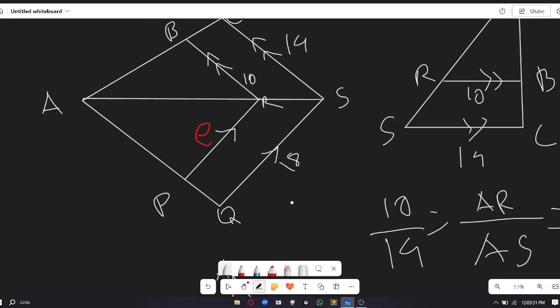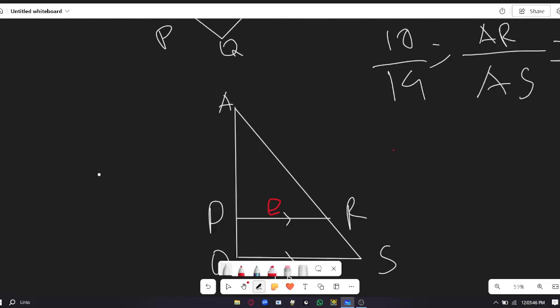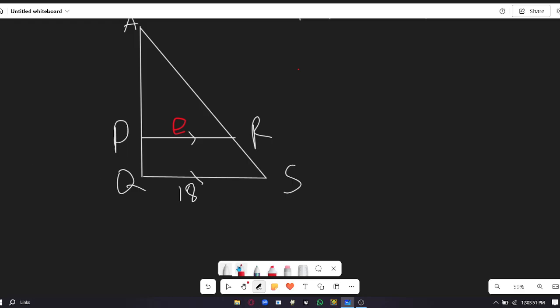Okay. So let's do this. So this E value we don't know. This 18 value we do know. Oh, let's just do this thing. Let's keep this in the same format as well. So small with big. You have it here, right? So the E is divided by 18. This is equals to this one, which is AR by